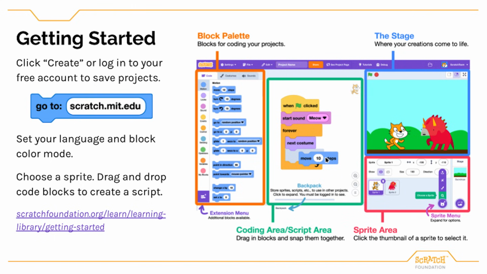When logged in, you'll also have access to Remix projects, which is making a copy of someone else's shared project to modify. I highlight some remix opportunities in this series. Or share a project that you created inspired by this series, using the Share button to make your project public.